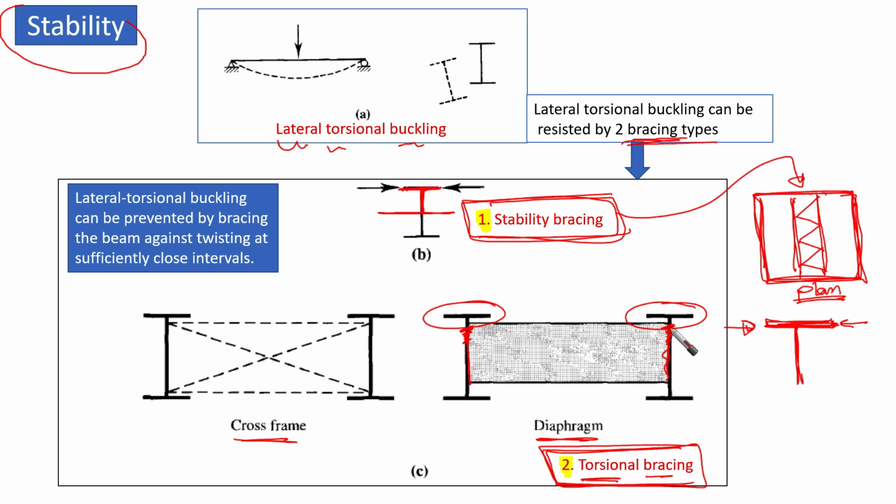So we are going to control the compression flange lateral movement and torsional or twisting behavior by stabilizing the web itself by providing a diaphragm or cross frame. Cross frame means that if we have a plate girder or I section here, we can provide some elements. They are going to stabilize the web